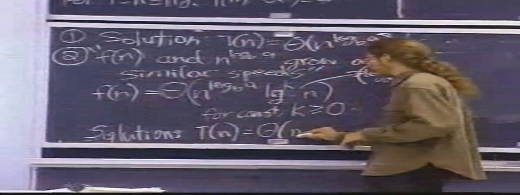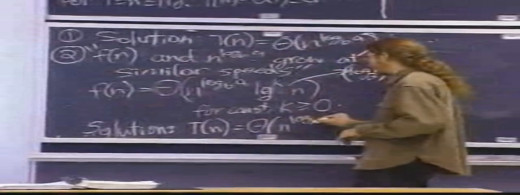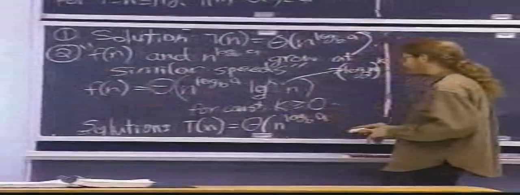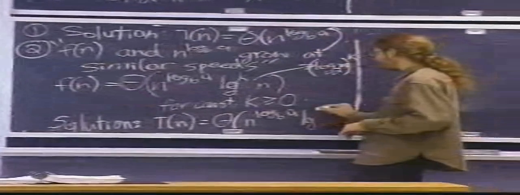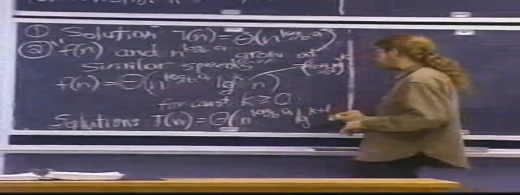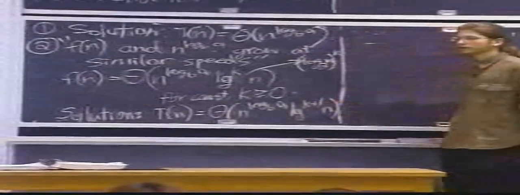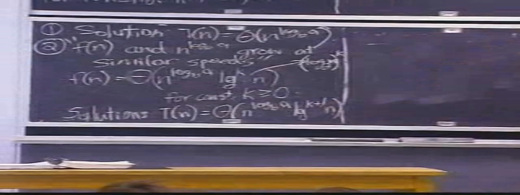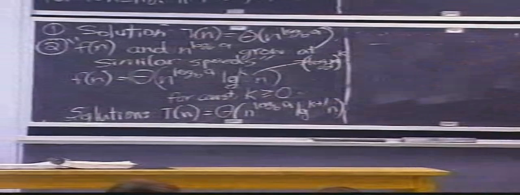So the master method tells you the cost is n to the log base b of a times another polylog factor, but the polylog factor is different. It has an extra log. Okay? That's the solution. We'll see examples of all of these after I finish stating the theorem, which has one more